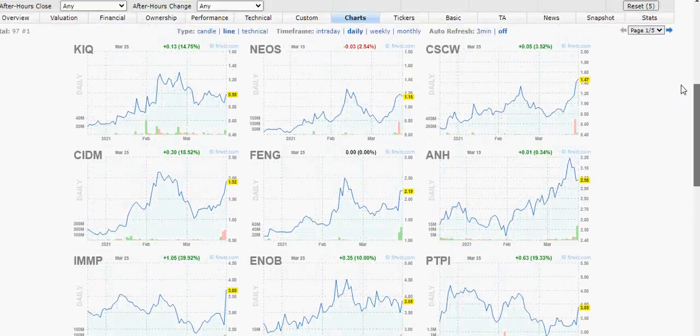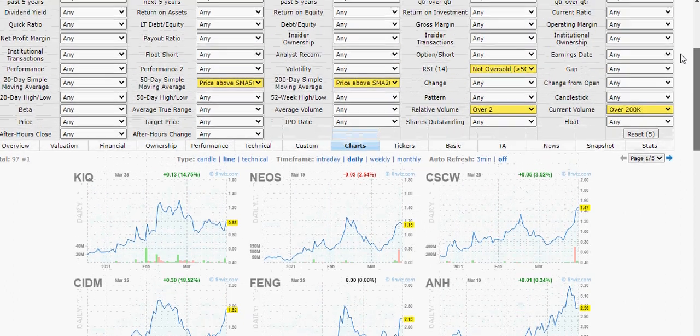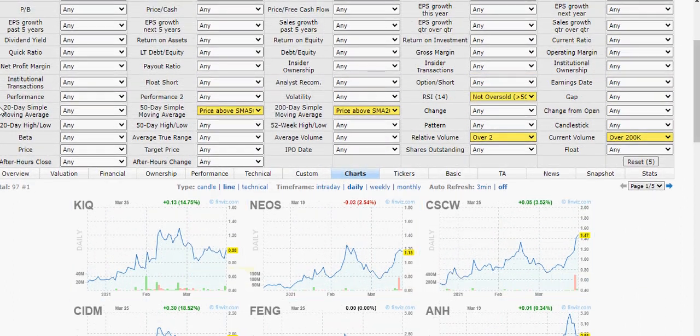There's no secret with these settings, although I jokingly do say this is a top secret screener, but all I'm looking at is above the 50 MA, above the 200 MA, not oversold, just a random setting that someone suggested on YouTube. I suggest you look for stock screeners on YouTube to find all sorts of different ones. Relative volume can be anything. You just want to have a bit of volume, so if you put it lower, then you'll get more to look at. If you put it higher, you'll get less to look at. Over 200k, another random, very basic filter, and then